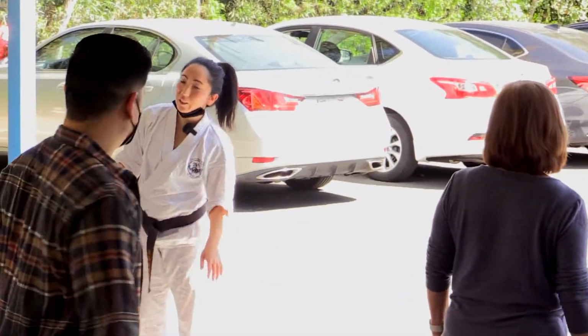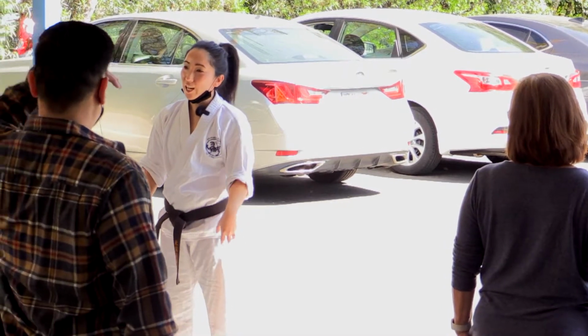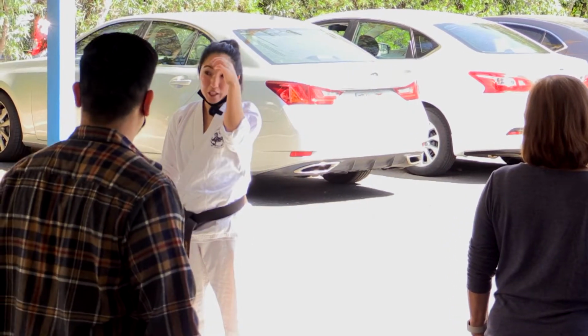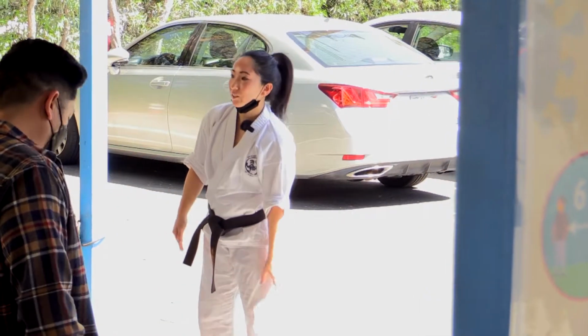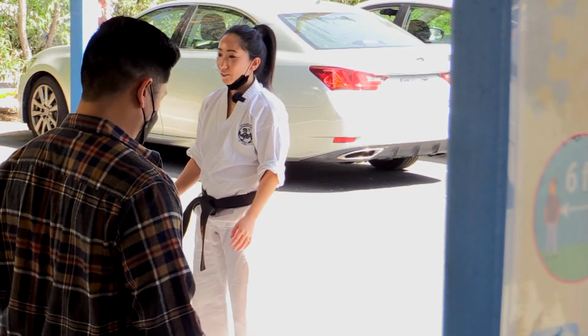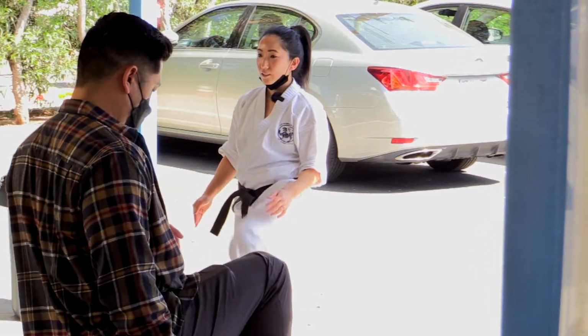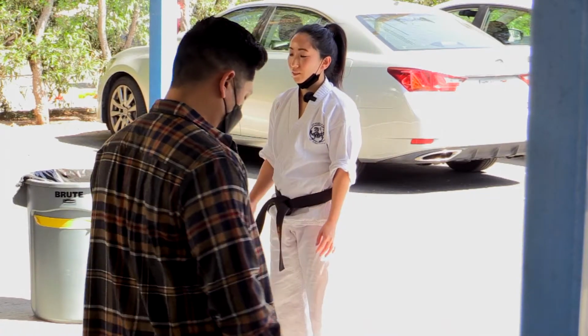Again, in karate practice, we do this to strengthen our standing leg, which is very important when kicking and doing other things. We're not gonna do a lot of kicking today, but it's a good balance practice. So one more time. 1, down, 2, down, 3, down, 4,